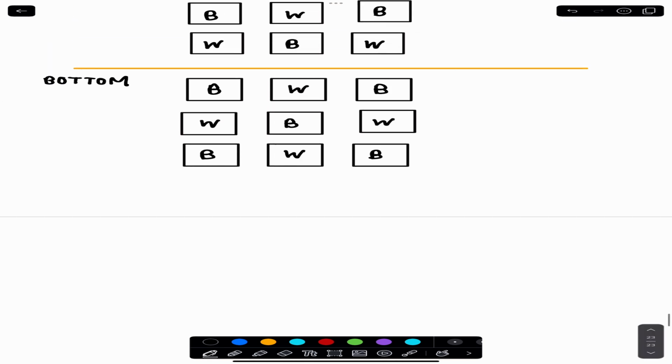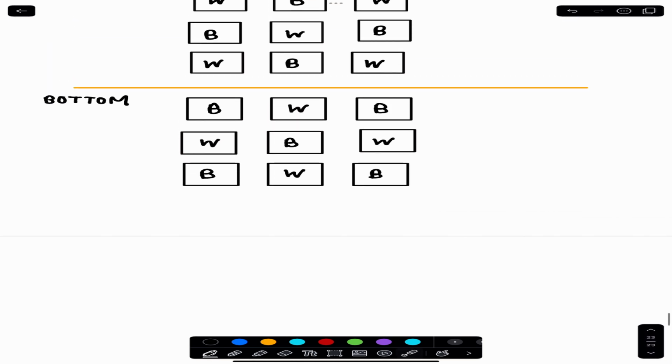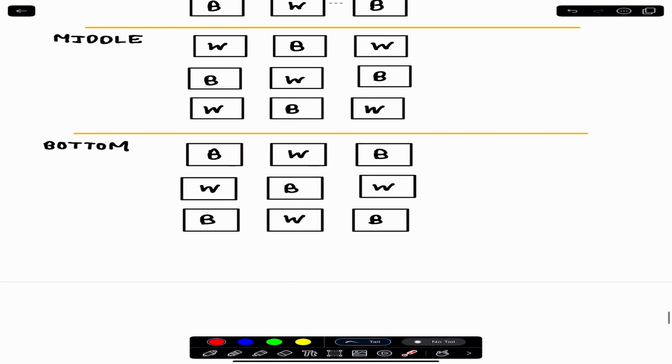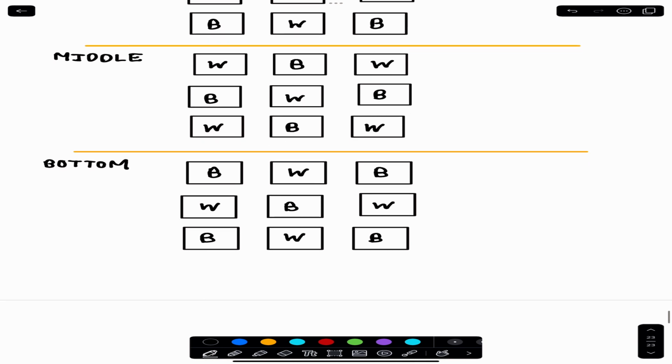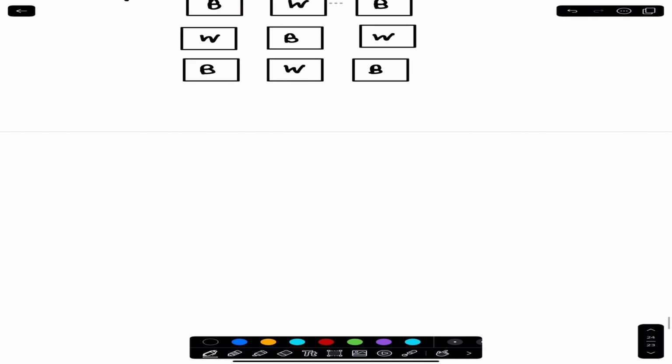So let's count. How many white subcubes do we have? We have 4, 5, and another copy of 4 on top. So 4, 5, and 4. That should be 4, 5, and 4. That's 13. So we have 13 white subcubes,